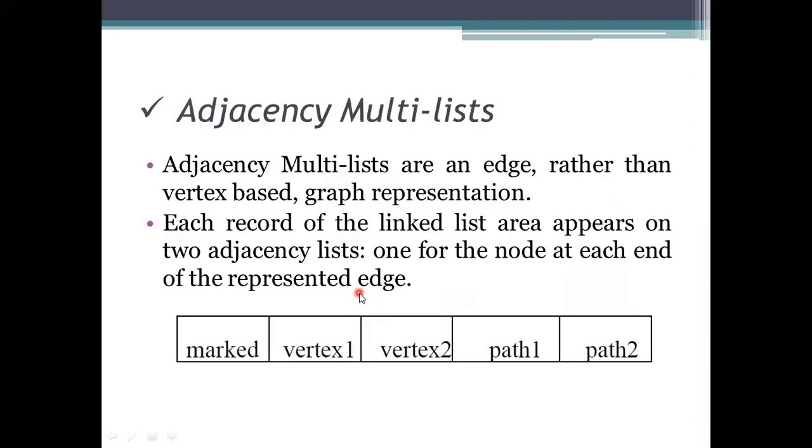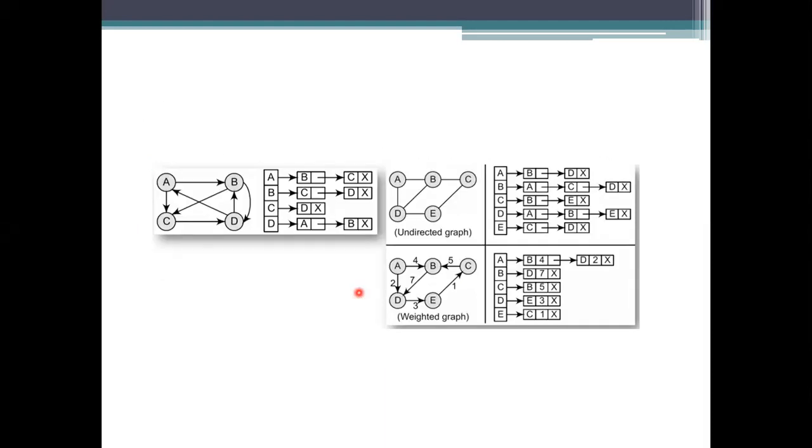And coming to the next one, adjacency multi-list. See here, I just want to remind you of a point: this is used for undirected graphs, not directed graphs. If we are considering the links of A or B, C, D, E, any other, see here how many links there are. We are having 6 links here. 6 links have been specified.